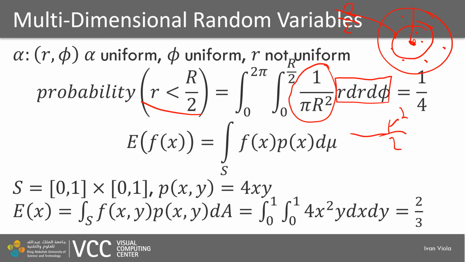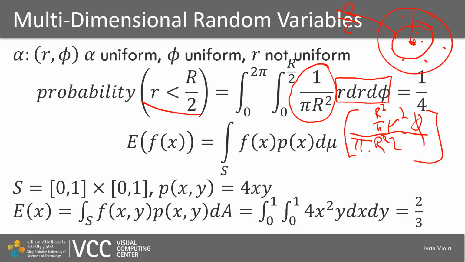times pi r squared, and the phi will be then the result of our integration, and our values will go from 0 to r half, so that will be r half squared, divided by 4 here,